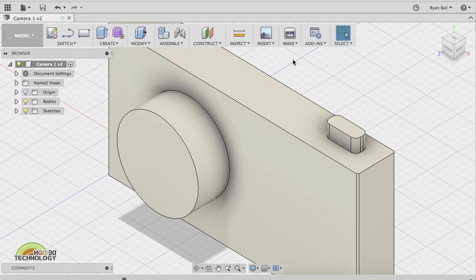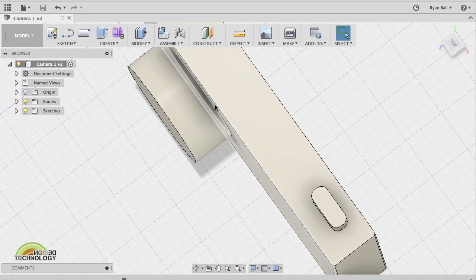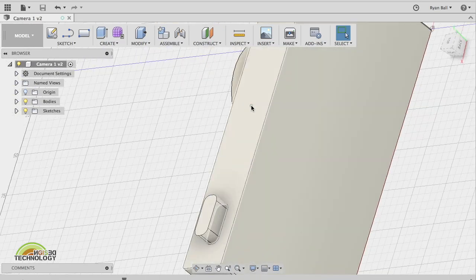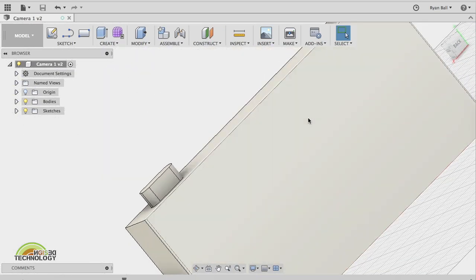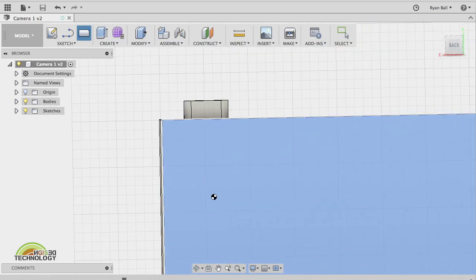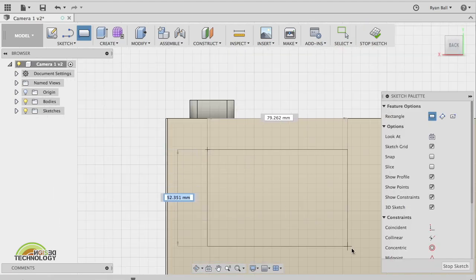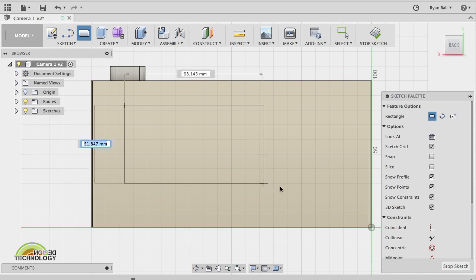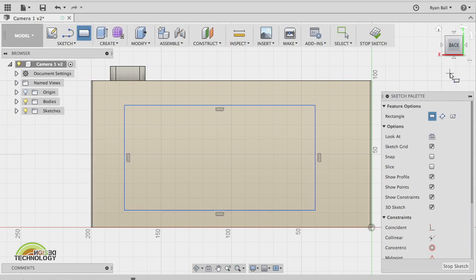Right, we're just going to look at a few other little parts then that you might need to do. All of these shapes are fine, but sometimes you haven't got shapes that are like that. You might have an unusual shaped button on the top. The buttons on the back, maybe where the screen are, maybe ever so slightly different. Okay, so if I just put in a quick screen like so,